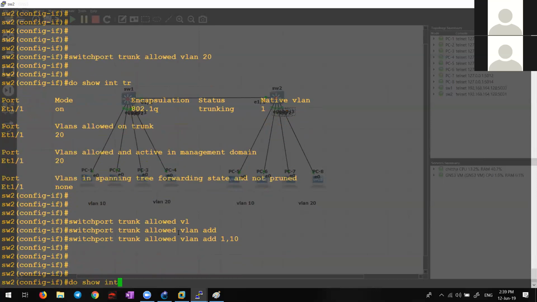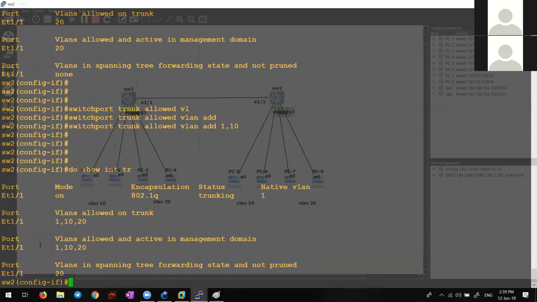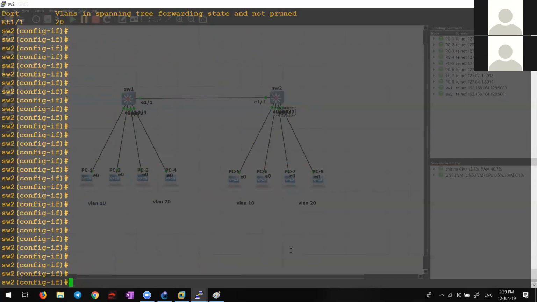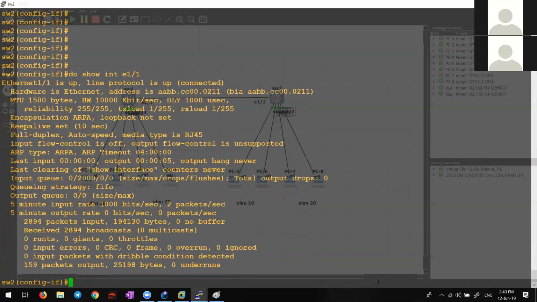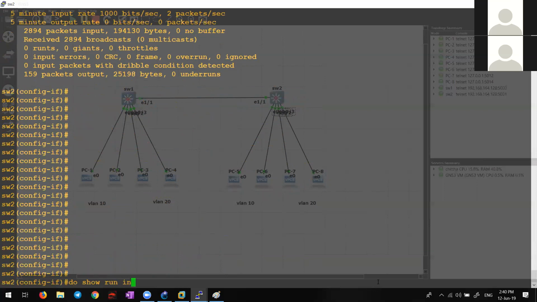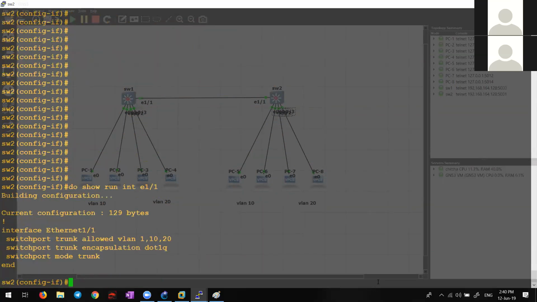Do show interfaces trunk. So now VLAN 1, 10 and 20 are allowed. Fine. Do show run interface E1/1.